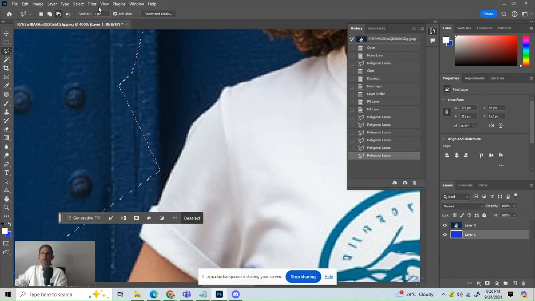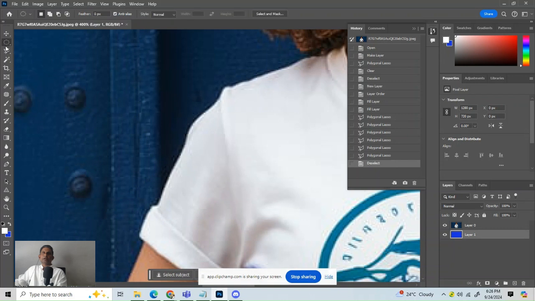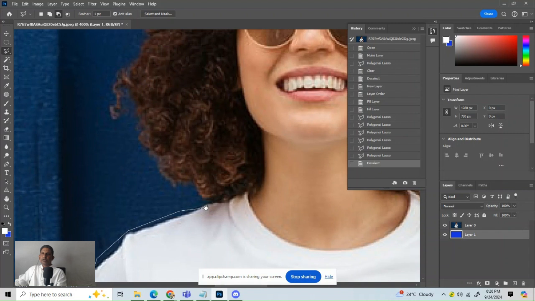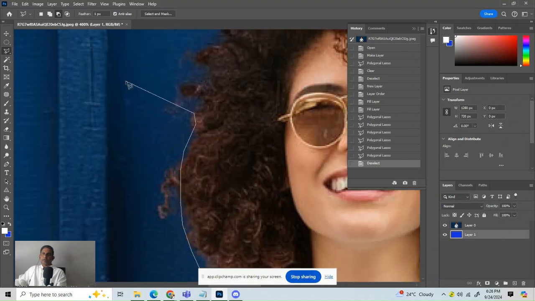See here, I am pressing Control D to deselect the selection. Again I am starting the selection, same polygon tool. Then I am clicking here. I reached here and I am not able to see the top, so just press the space bar, it will change to the hand, drag it, it will go down, and you can click again like this. If any anchor point is not correct, just press backspace. So that's all about the